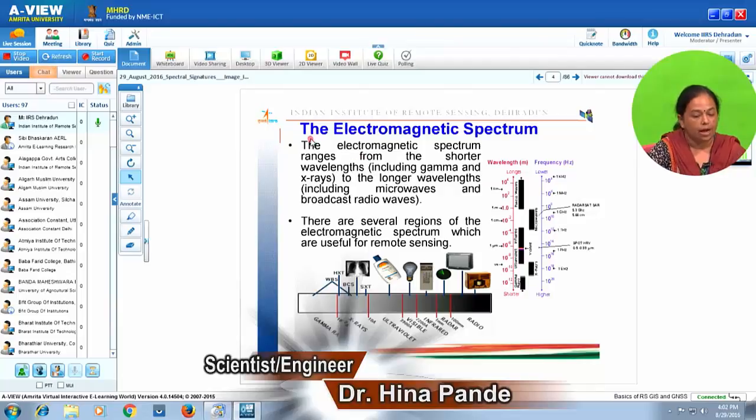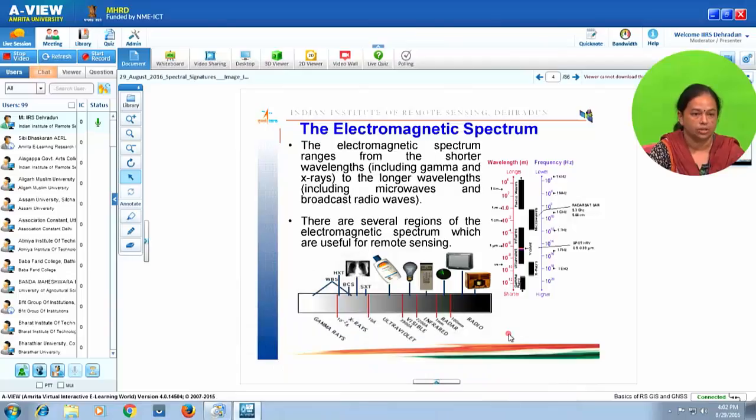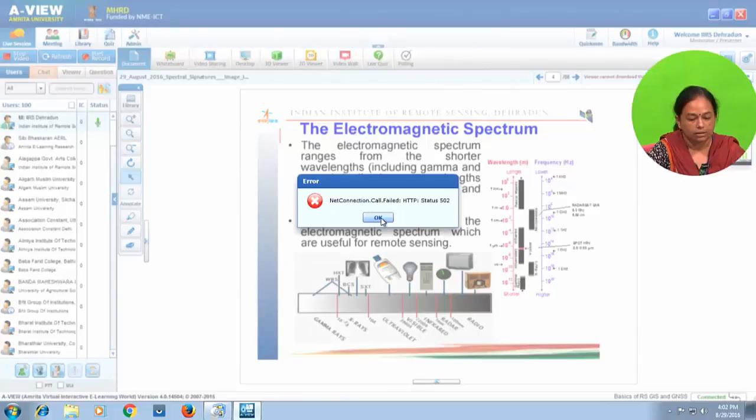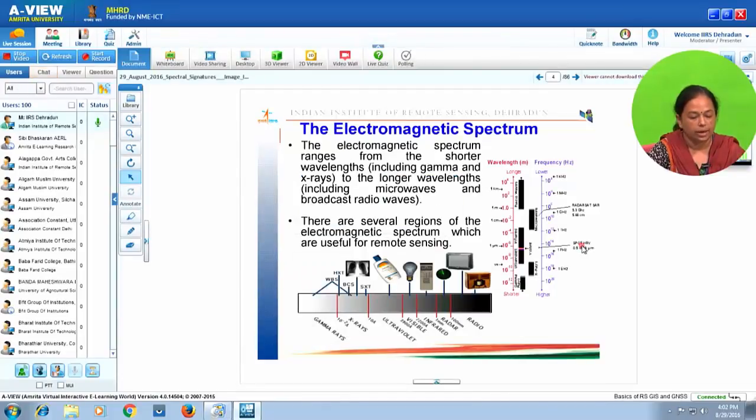You must also by now have understood the importance of the electromagnetic spectrum and the electromagnetic radiation, because it is this spectrum and the behavior of objects based on this, how they interact with the various regions of the spectrum, is what we see on the image, and then we try and interpret those manifestations on the image. So as you see, the electromagnetic spectrum ranges from shorter wavelengths to the longer wavelengths,